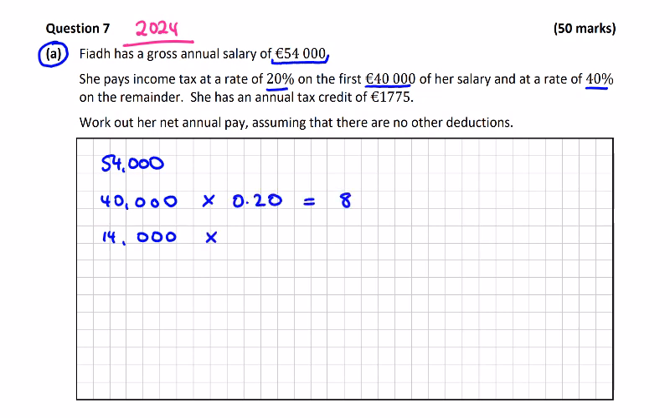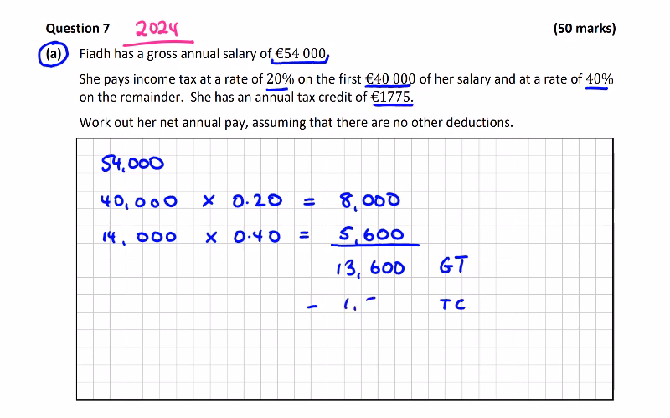20% of 40,000 is 8,000, and 40% of 14,000 is 1,400 by 4, which is 5,600. That gives gross tax of 13,600. From your gross tax, we take away our tax credit, which is 1,775. This will give me net tax of 11,825,